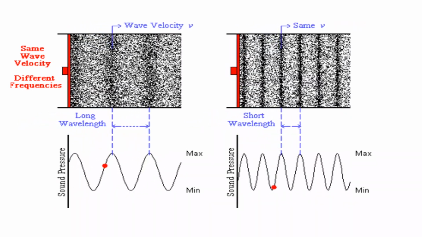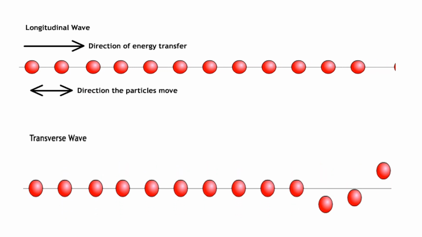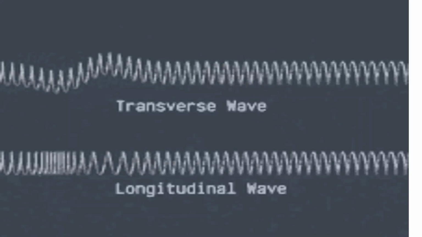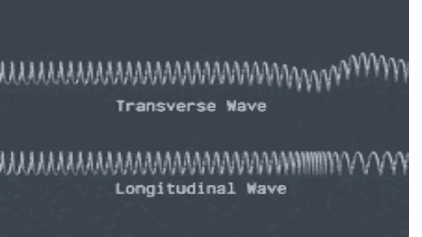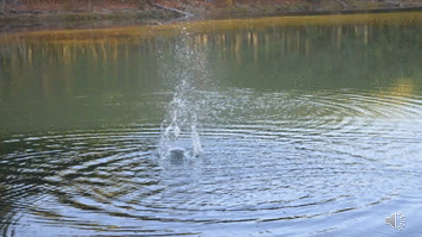Here, whereas there, we discussed the high density regions, high pressure regions, as compressions, and low density regions as rarefactions. Here, crest and trough. The distance between two crests or the distance between two troughs is called the wavelength. Here this is an example, here you can see